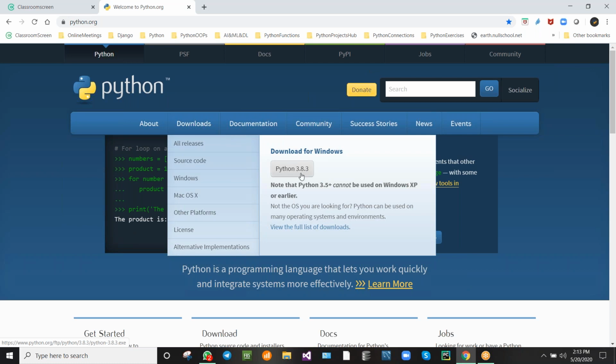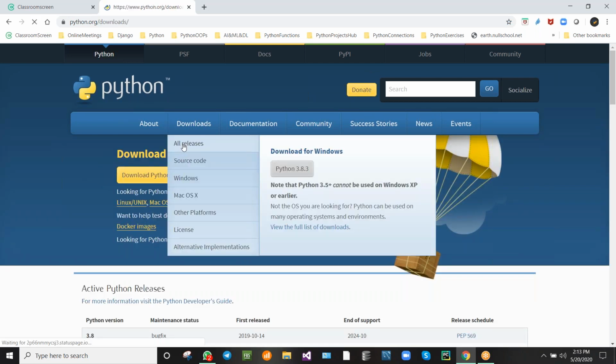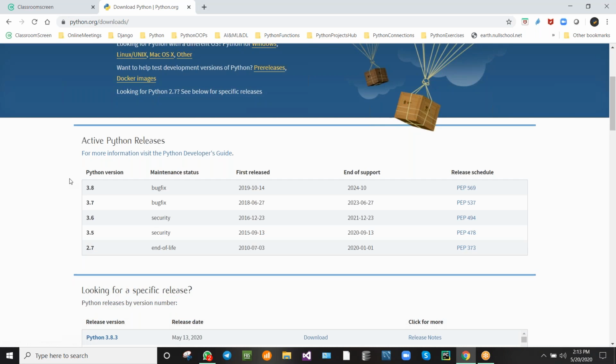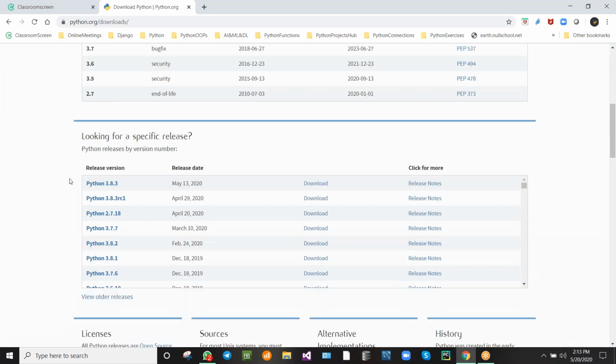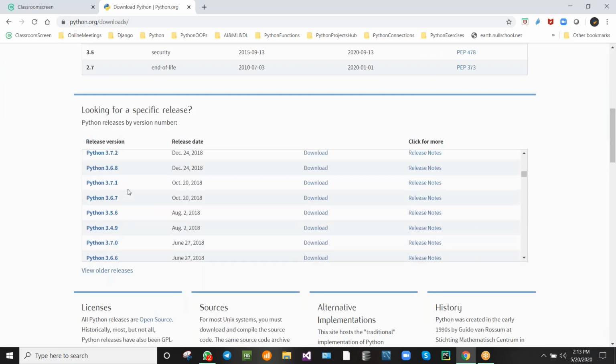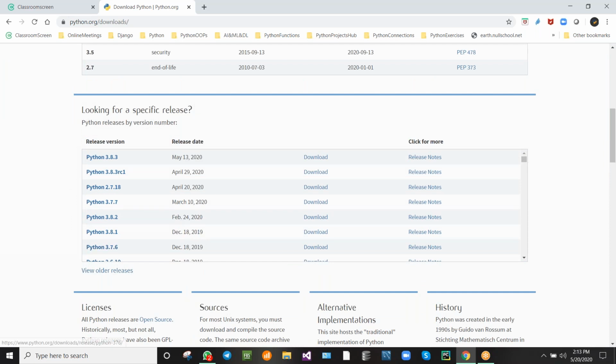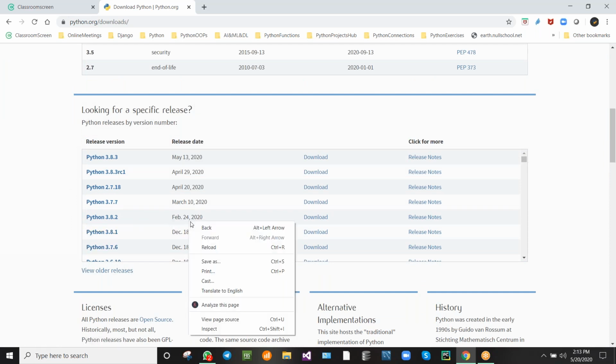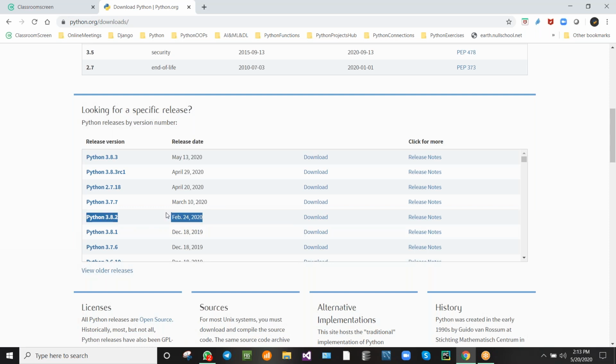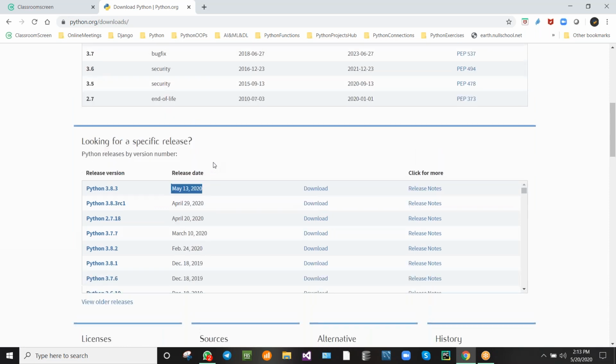If you click on all releases in the downloads, you can see all the previous versions. 3.8.2 is the earlier one, released on February 24th, 2020, and after that came the 3.8.3 version, released May 13th, very recently, one week back. This is the latest version.